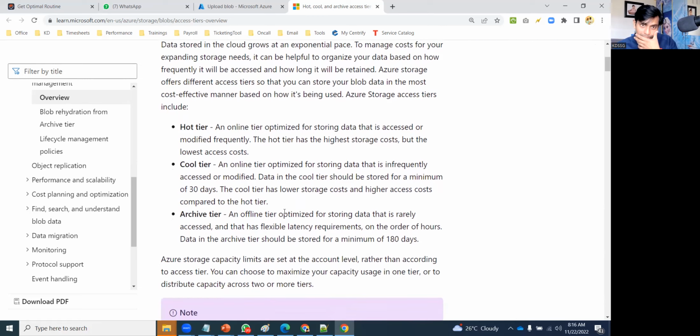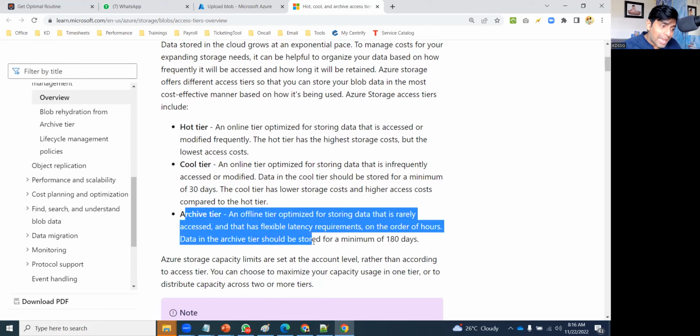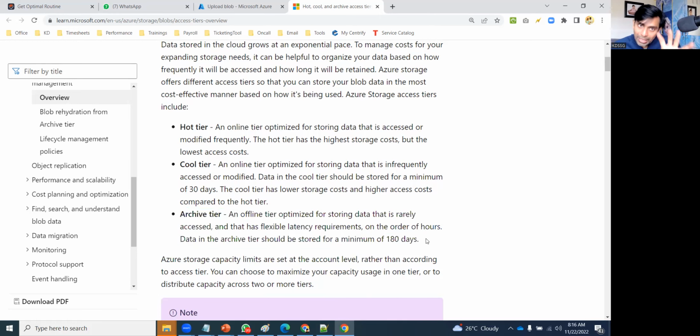Any more questions? Anybody have? So cold area, hot area, archival area. Archival area is more than 6 months. You dump it there. You can still access the archival area, by the way, though it is 180 days. So the archival area is called an offline area. Completely offline. To access some data from there, it will take hours,